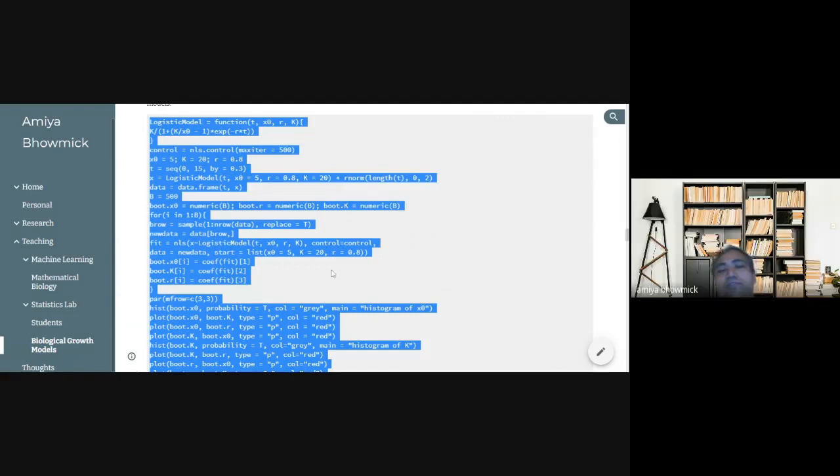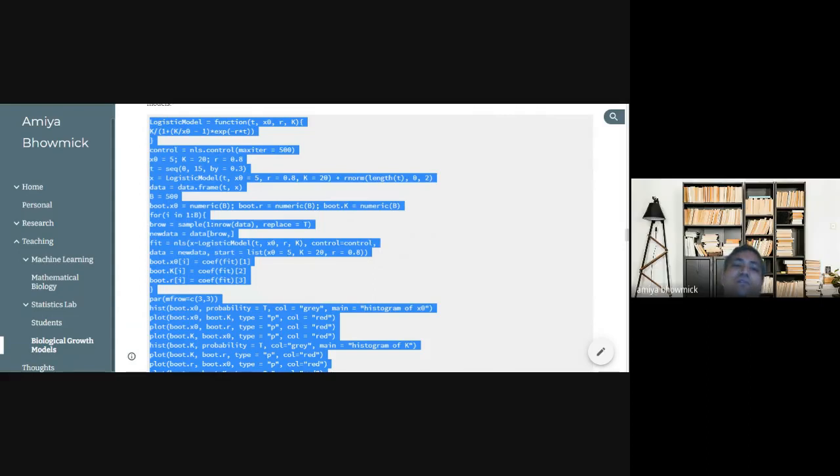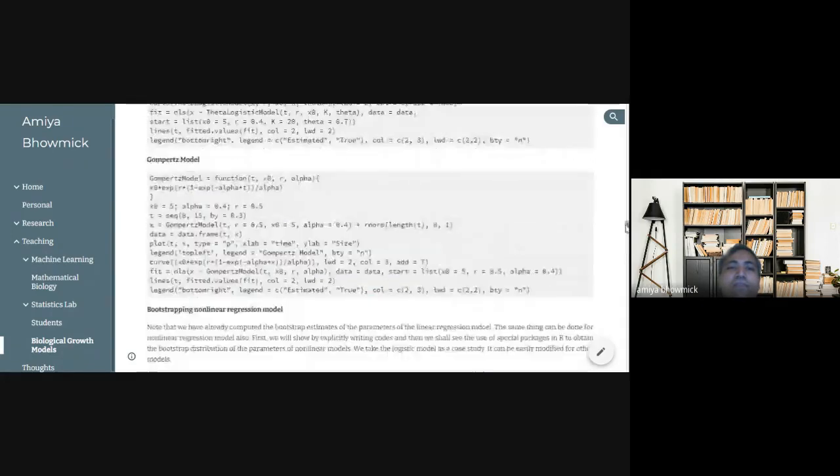We covered how we can fit nonlinear regression models, or of course linear regression models also, and how we can perform the bootstrap estimate of the parameters. If you go to this web page, you can find a little bit of description that I added for different models.